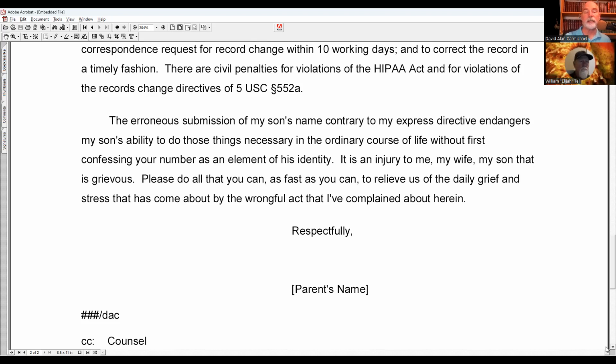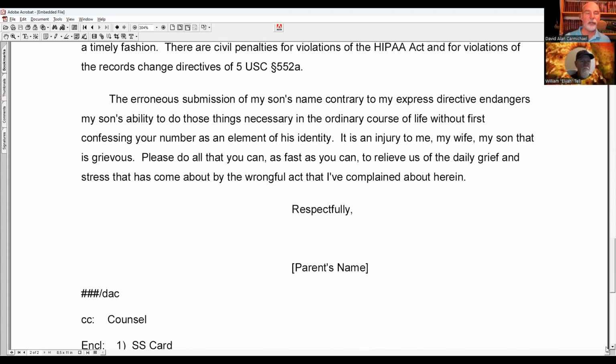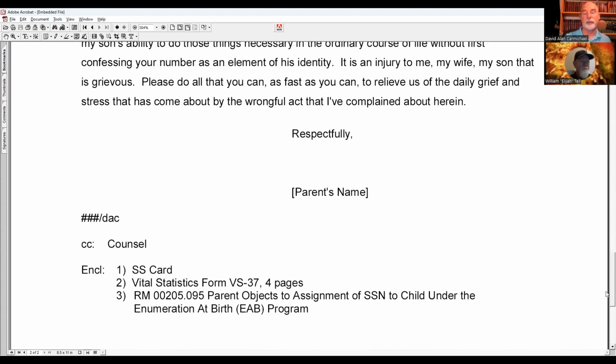Respectfully. Now, what I did is, since I'm the typist, I did this in a quasi business format. It's not full block or whatever, but I put this little symbol of my son-in-law's initials where the hashtags are. And then my initials, the typist, are there. So we enclose the SS card. So this was the formal correspondence.